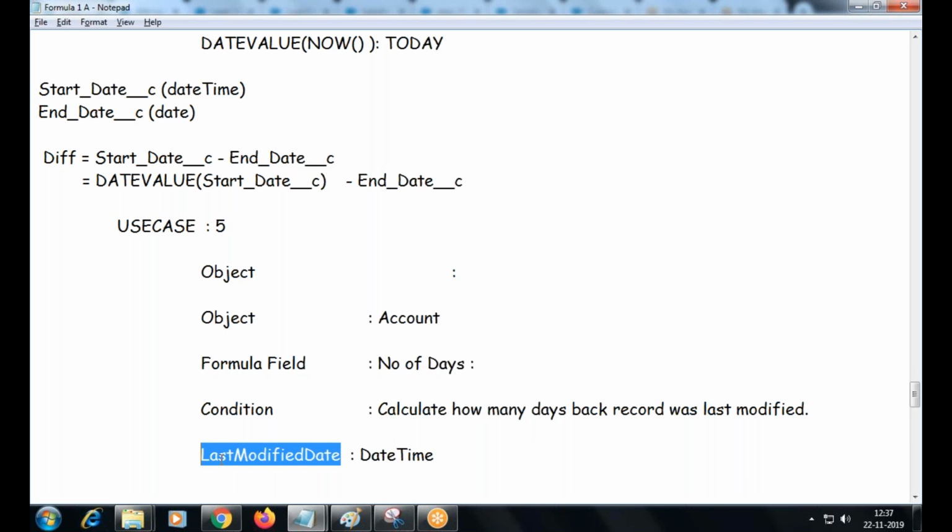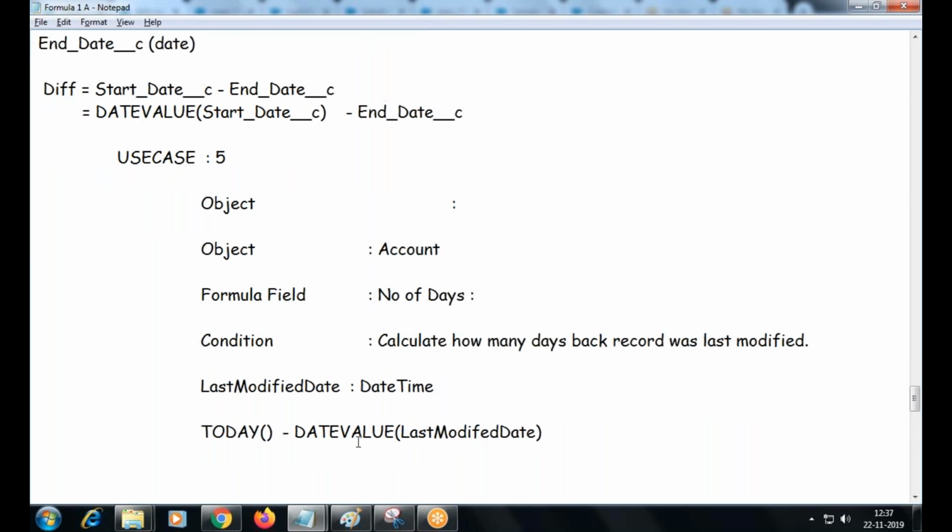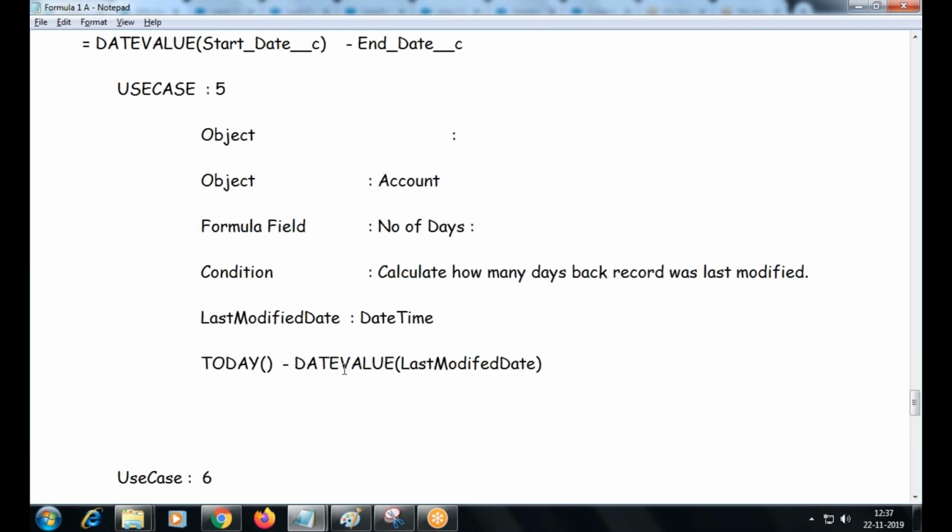Right? Here is a tip for you. There is a standard field called last modified date. So how will you display how many days since the record was modified? Now, right? Now subtract. Yeah, both ways, right? Here just to show the example, the date value, we used to convert this into date, but you can use now also. Now minus last modified date will directly give the difference between the two date and times. In number only, it's going to give.